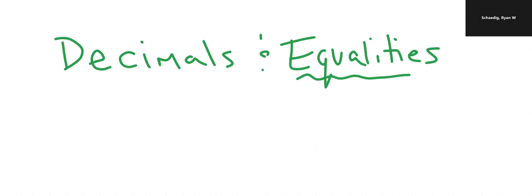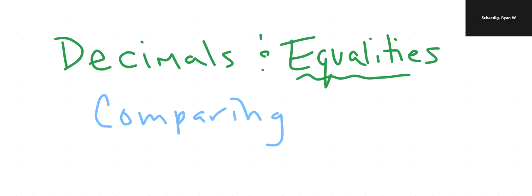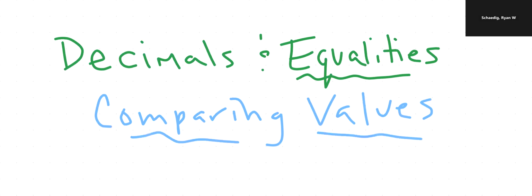How exciting for us. Today we're going to be talking about decimals and equalities. So this is the idea of thinking about comparing values. Wow, that's an ing. Comparing values. Yay. So really what happens when we have multiple decimals and we have to figure out what's what. Now, of course, before we get into that, let's think about again what that